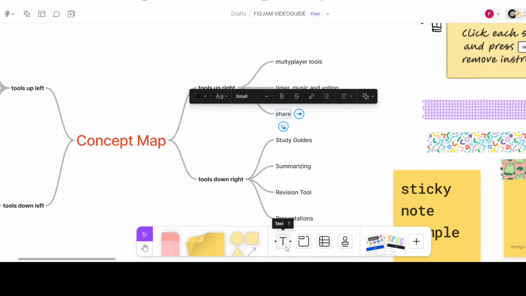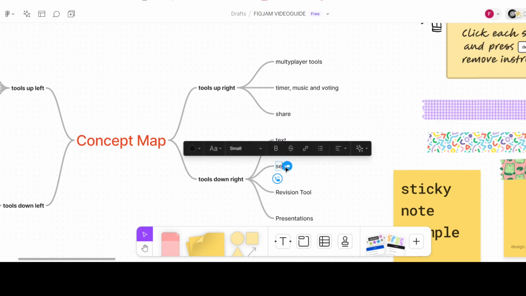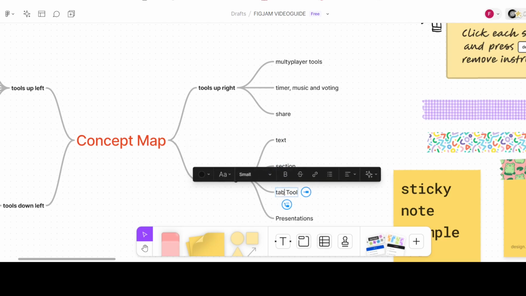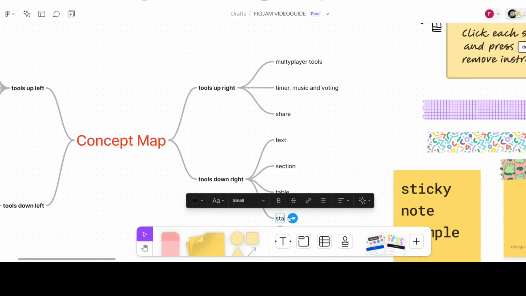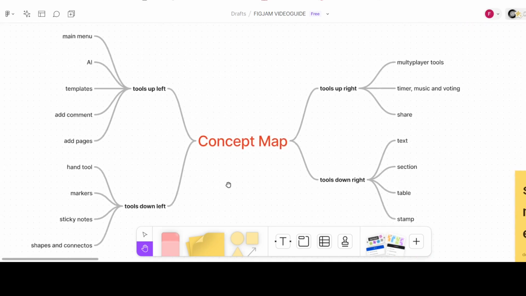Meanwhile, here we find text, section, table, and stamp. Now to show you the tools we just inserted in our concept map, we can move right here,